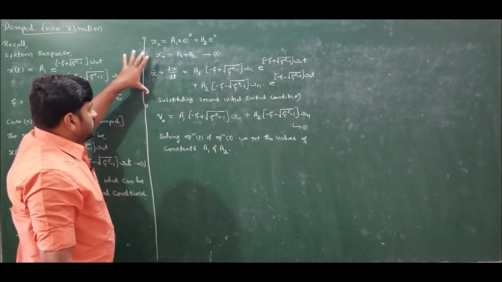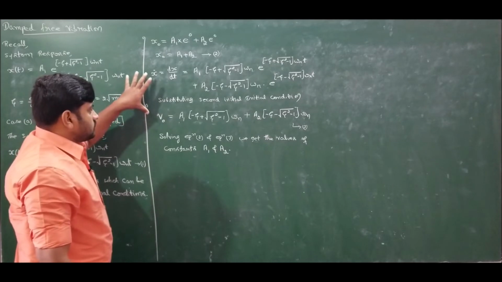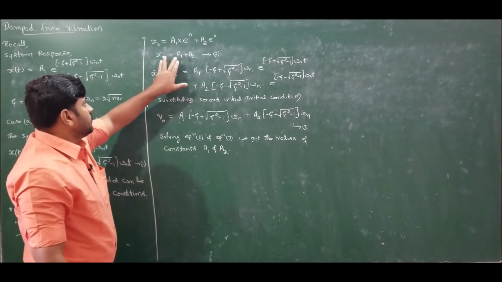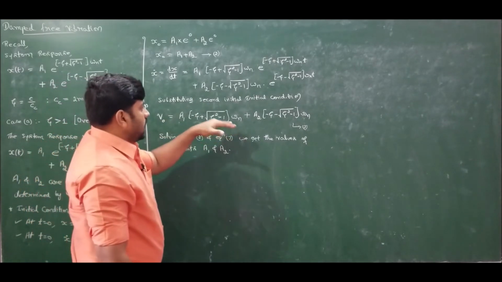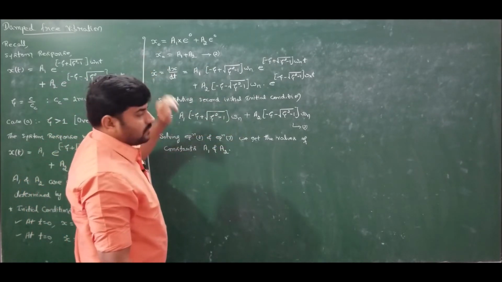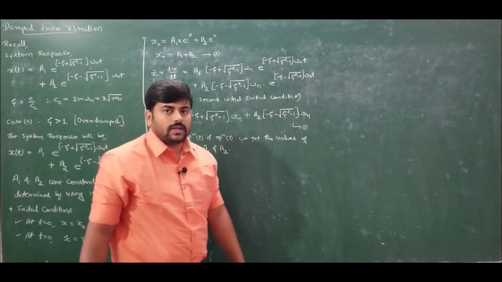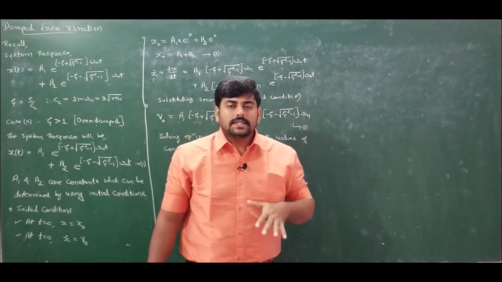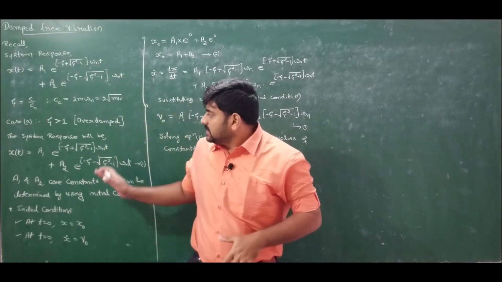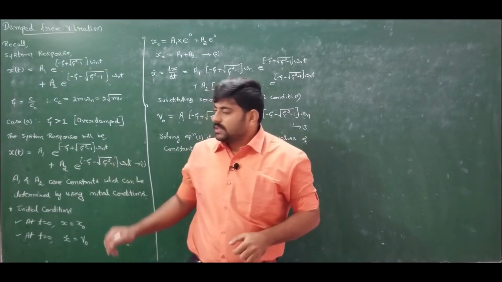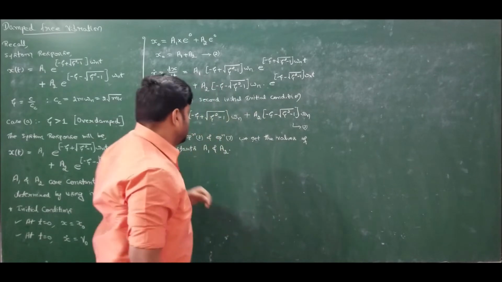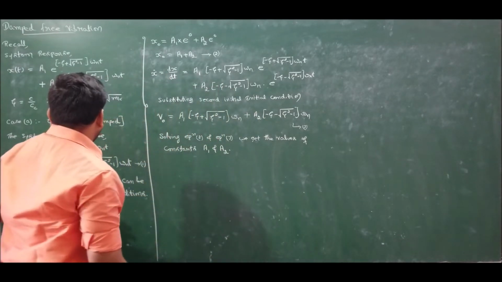So if required, you can solve these two equations. Substitute a2 in terms of a1 into equation 3 and find the value of a2, and then substitute the value of a2 to get the value of a1 and show what is the value of a1 and a2 if required. This is how we should solve. So this is the expression for system response for overdamped system. This is how we should derive the expression for system response for overdamped system.